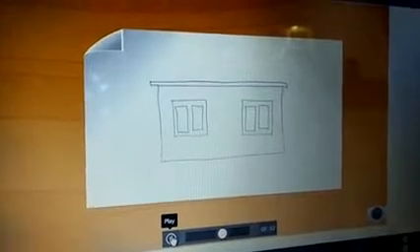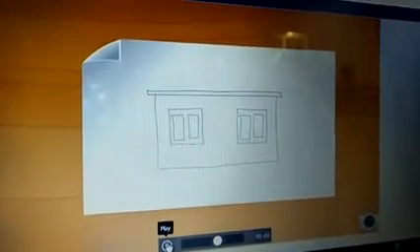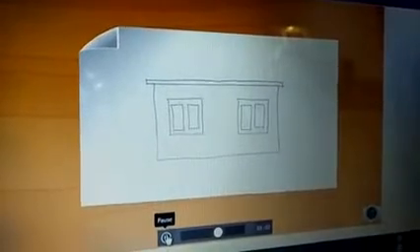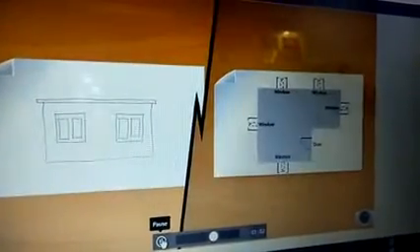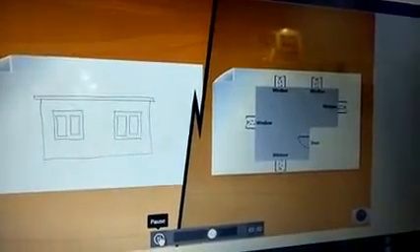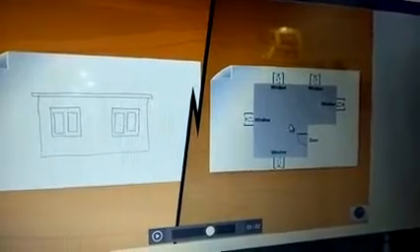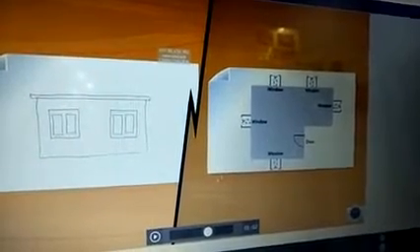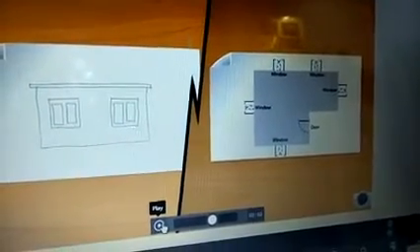From this angle, I can draw only 2 windows, whereas the flow map shows 5 windows. So it's 2 windows here, but this house has 5 windows. So let us watch.